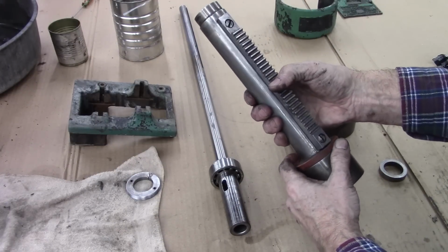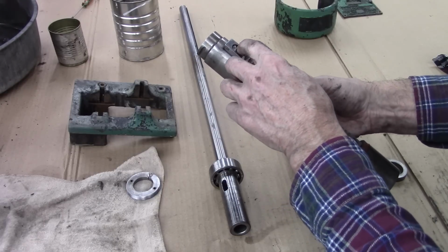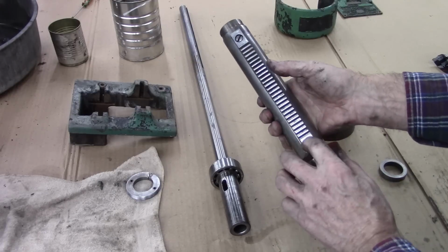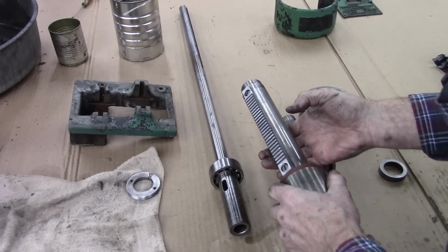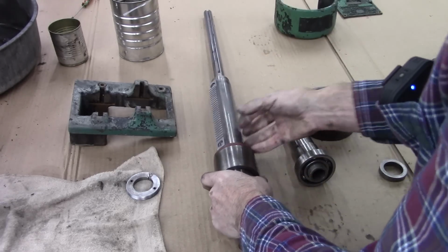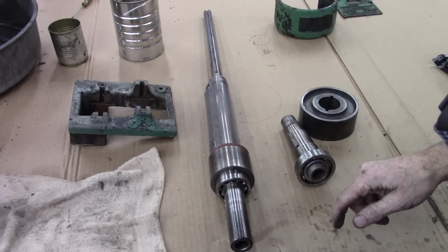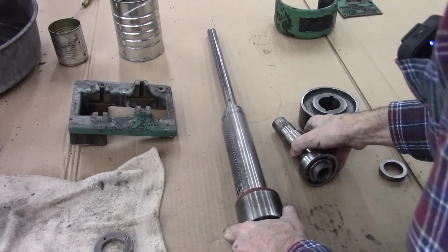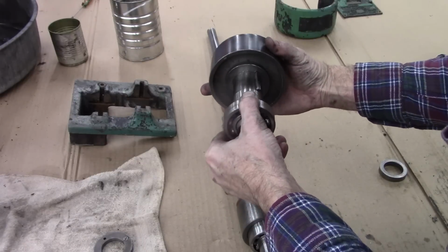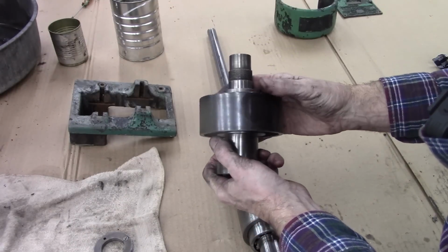That's the quill. In here, it's got a screwdriver slot with a hex head. And there's a pin that goes through it right there to stop that from backing out. I'm going to leave it just like that. This goes in there. That presses in, and then this nut goes in there to hold the outer race. And then, this is the upper part with the drive pulley. Drive pulley fits right there. And then there's a spacer and another bearing and